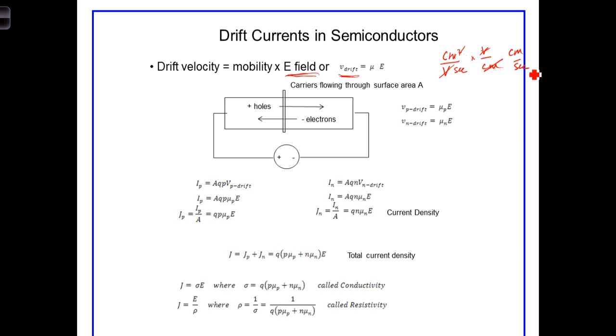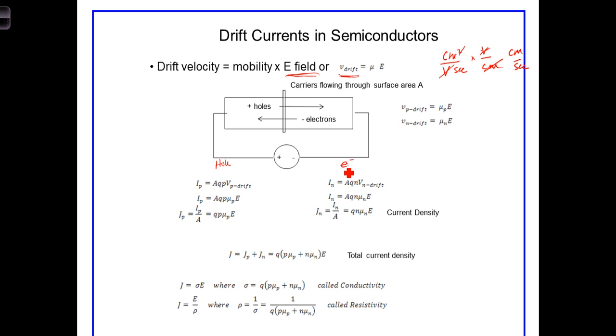Now, as I mentioned, we can calculate the current by taking the rate at which the carriers are moving. In this case here, we're talking about hole current. This will be I sub p. And over here, we're talking about electron current, so it'll be I sub n. But imagine